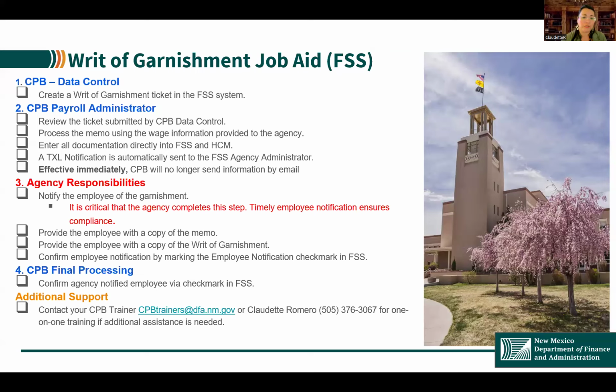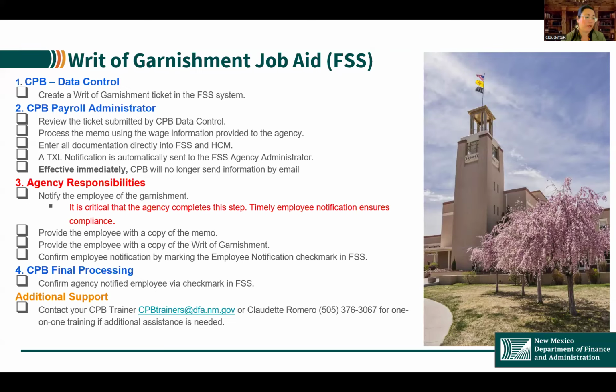So agency responsibilities are going to be notifying the employee of the garnishment, which is a very critical piece because we need to ensure that it's not only relayed, but relayed in a timely manner to ensure that we're in compliance with these writ of garnishments. So what you would do is provide the employee with a copy of the memo. You'll provide the employee a copy of the writ of garnishment, and confirm the employee notification by marking the employee notification checkmark